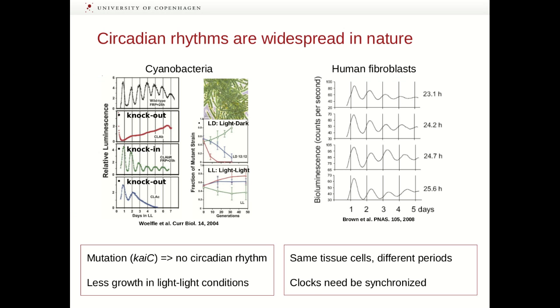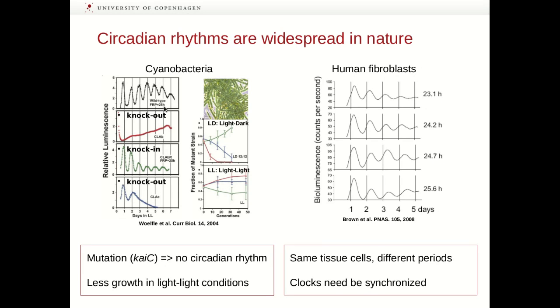Circadian rhythms are widespread in nature. In fact, every organism that can perceive the diurnal cycle has evolved circadian rhythms. Here I show 2 examples, one from cyanobacteria and one from human fibroblasts from the same human being. In cyanobacteria, we can create genetic constructs that allow us to detect the level of a protein via the level of luminescence. And as you can see here, in normal wild-type cyanobacteria, you see beautiful circadian oscillations with a period of approximately